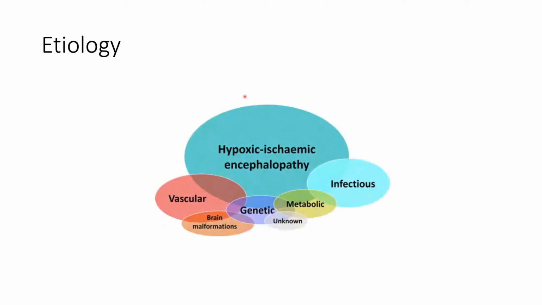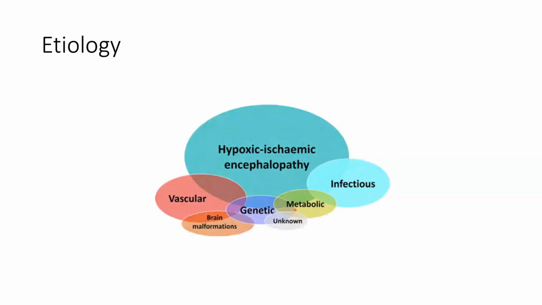So what are the etiologies? What are the causes which we encounter in practice for neonatal seizures? As you can see in this diagram, hypoxic ischemic encephalopathy, HIE as we call it, represents a major chunk of the causes of neonatal seizures. Apart from that, vascular causes and infectious causes are equally important. Vascular causes means a stroke or a thrombosis or a bleed, right? Arterial stroke, thrombosis, or a bleed. Infection means acute infection of the brain like meningitis, encephalitis, or a systemic infection like sepsis, right?